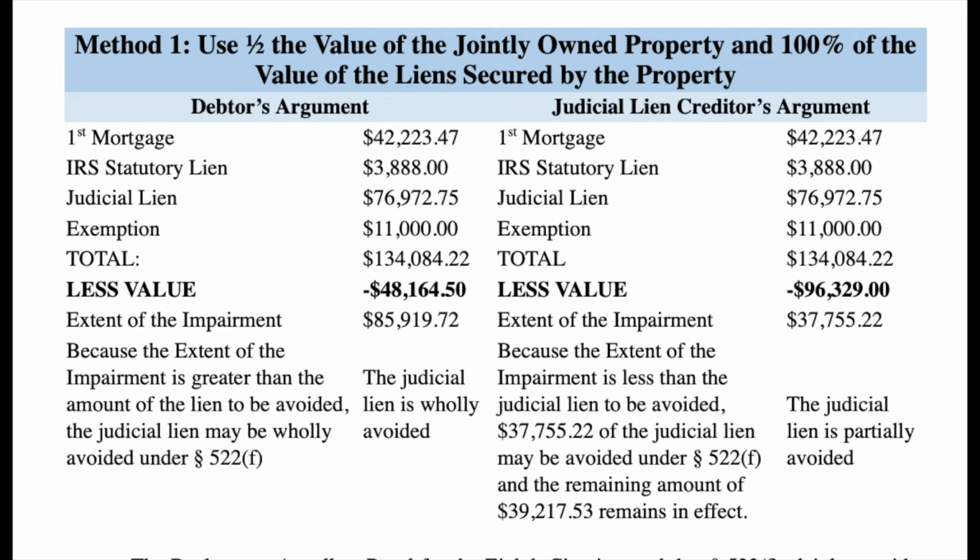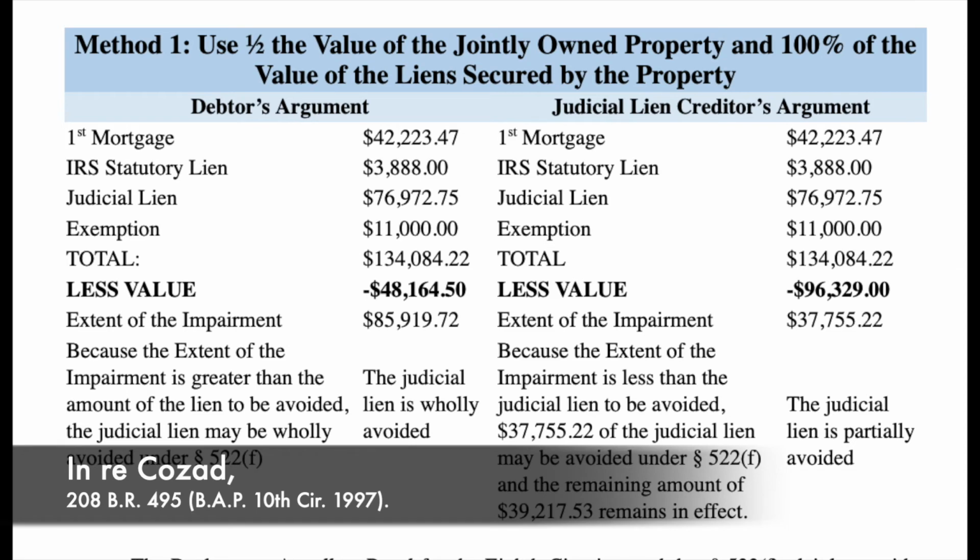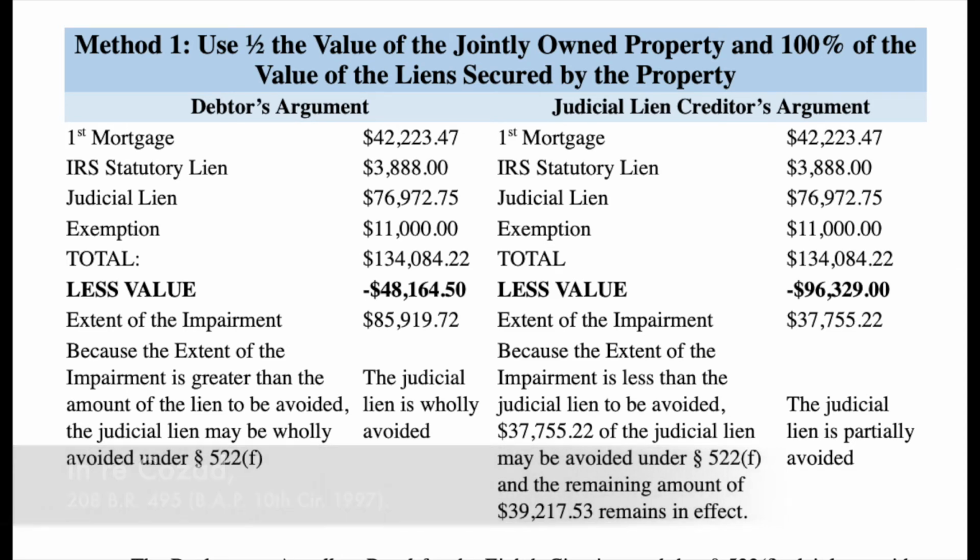Okay. Let's look at the first application of the judicial lien formula in this very specific situation. Jointly owned property, judgment lien against one of the 2 spouses. And this case is Henry Kozat from the Bankruptcy Appellate Panel from the 10th Circuit from 1997. And if we look at how they applied the formula, you will see there is a discrepancy in value. Okay, so the debtor said, we are going to use 100% of the liens on the property. Now remember that,